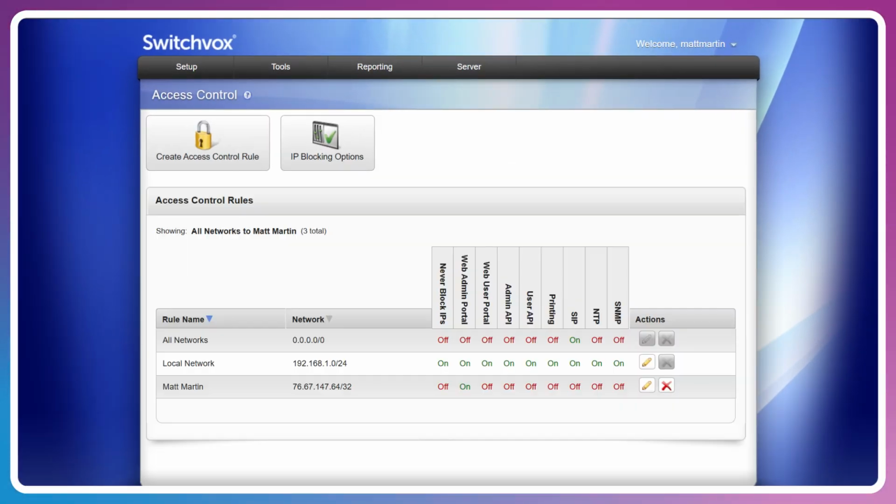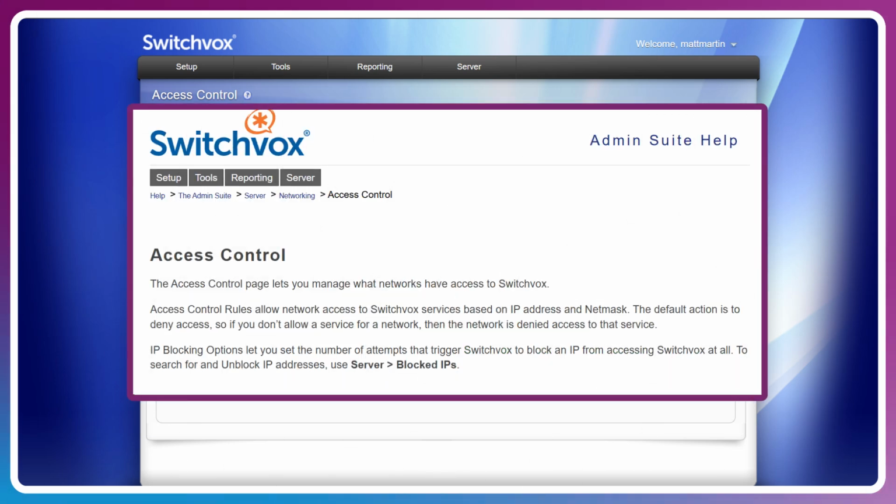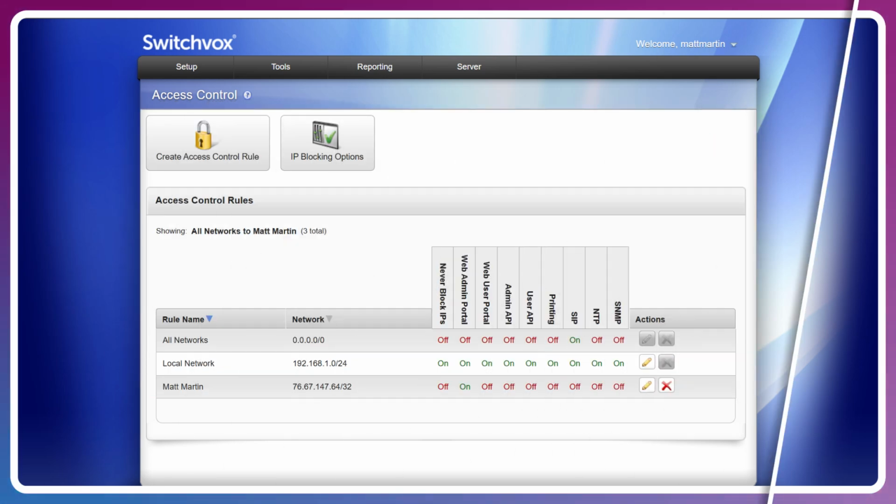Access Control is Switchvox's internal firewall and not only defines access control for providers, handsets, softphones, and access to the web interface, to name a few, it also manages edge security if necessary, which includes the banning of bad actors over the SIP ports after defined thresholds are hit, such as SIP registrations or even web login thresholds that trigger a ban on the IP address.